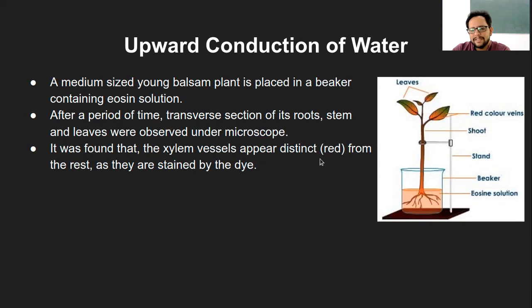So obviously they will get stained in that color, that is red color, and they will appear red. And also these leaves will turn red. That is a direct indication that whatever water was present in the beaker has been absorbed by the root and has moved upward up to the leaves, and that is when you will see this. It may or may not be so prominent as it is shown in the diagram, but you will surely see some coloration or change in coloration